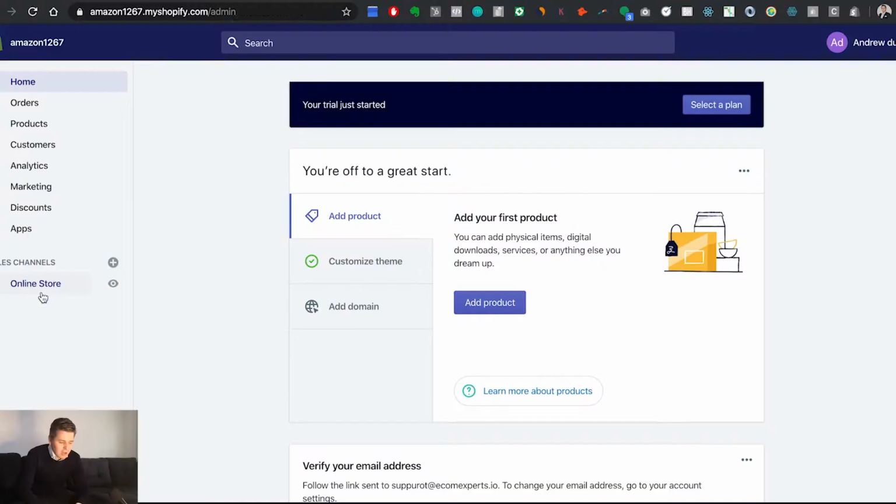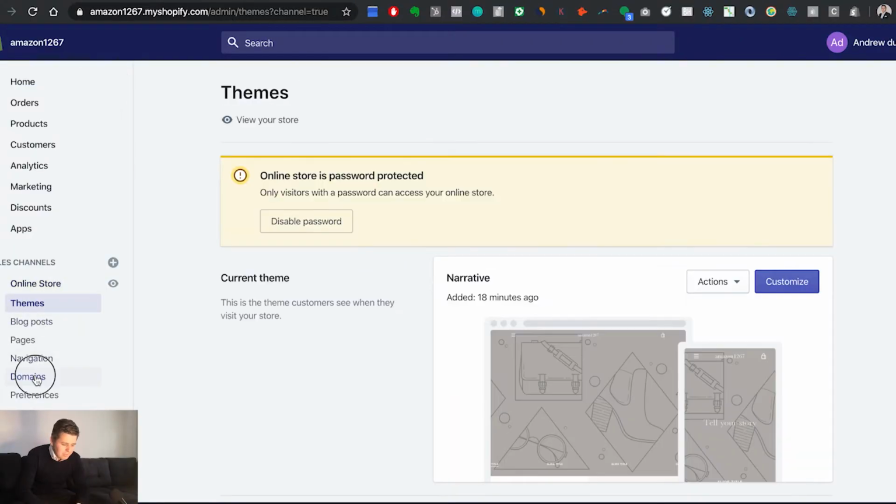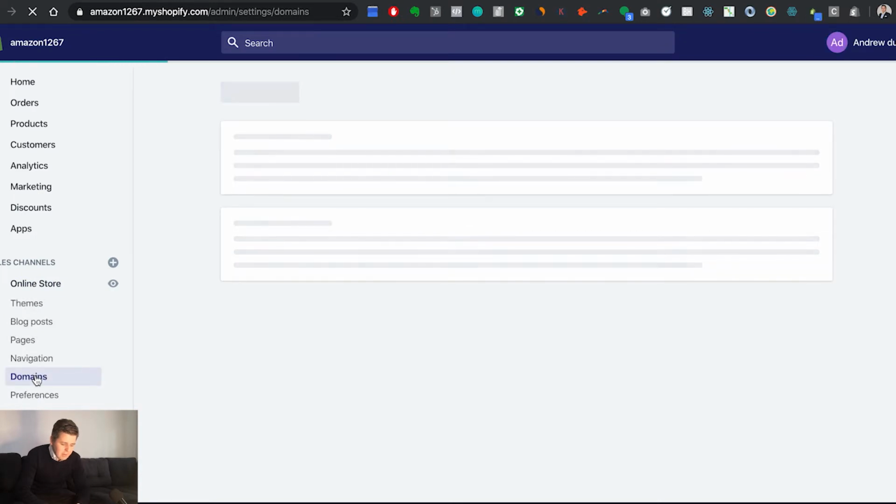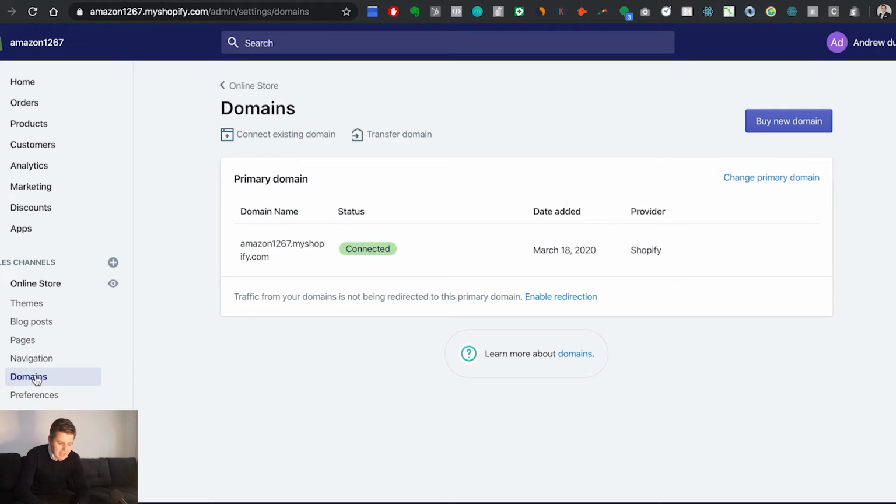Now we have to link them so that the beautiful store that we're going to build on Shopify can be visible when you visit l'elephantest.com. We're going to do that very simply by going to online store right here, clicking on domains, and I realized that I might have made my life a little bit difficult because there is a buy domain option right here,